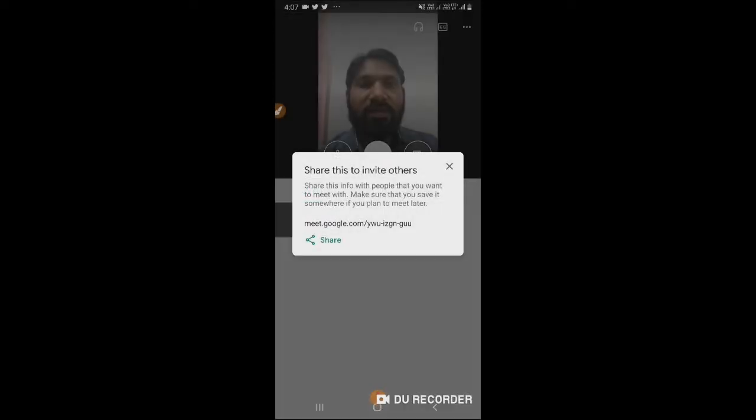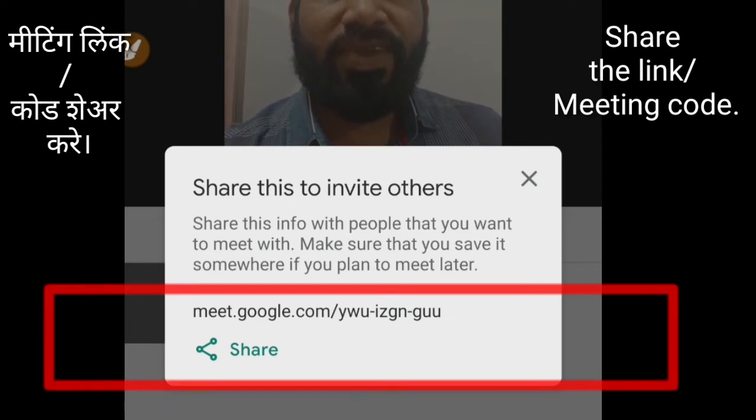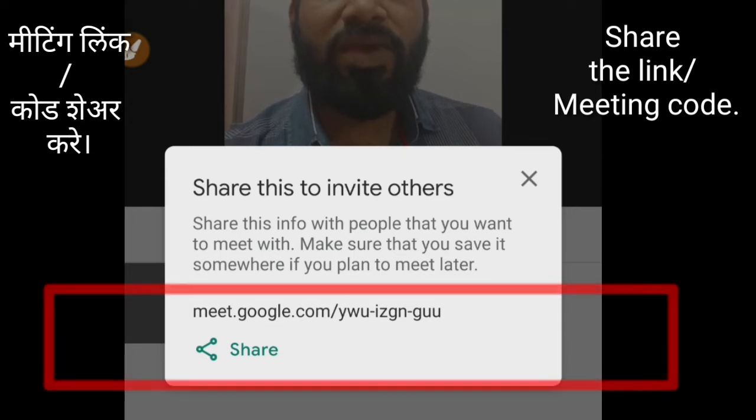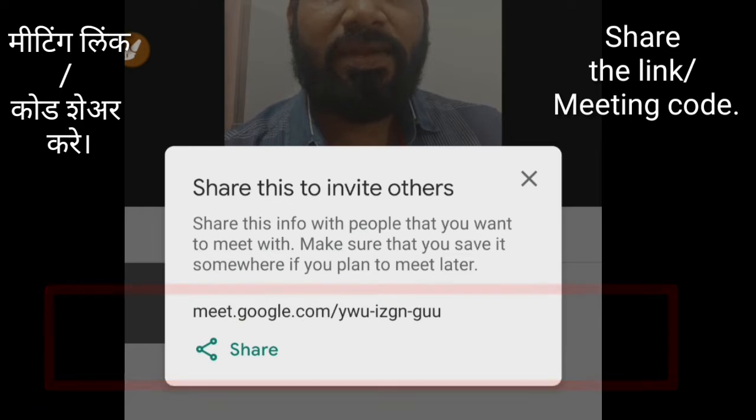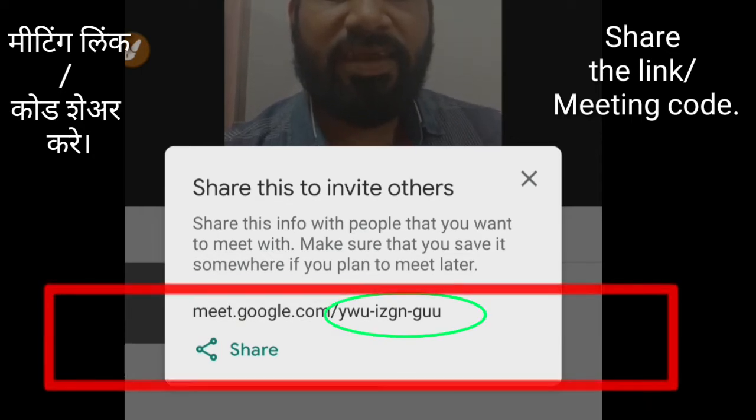Now the meeting will start, and here one link is generated that you have to share with your friends, colleagues, or the people who are going to join your meeting. Here you see after meet.google.com slash, there are 10 characters.